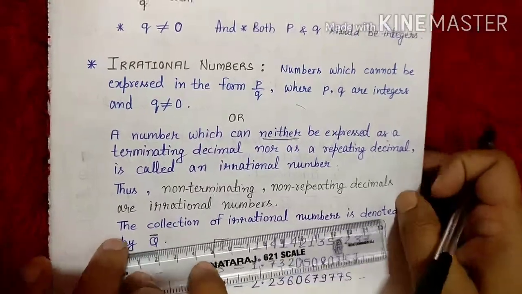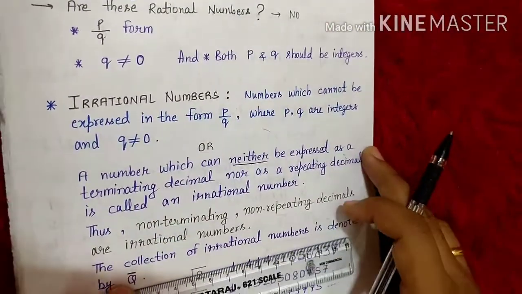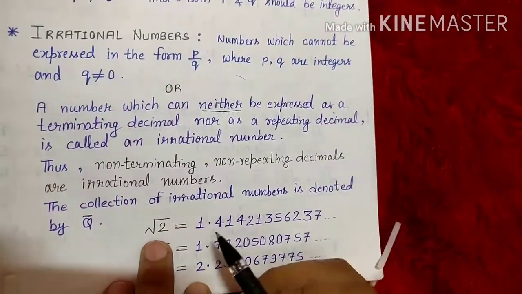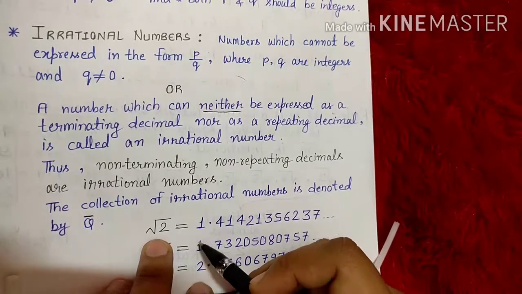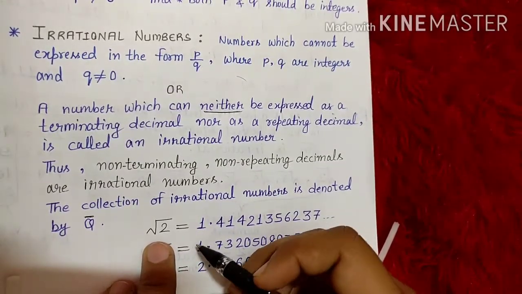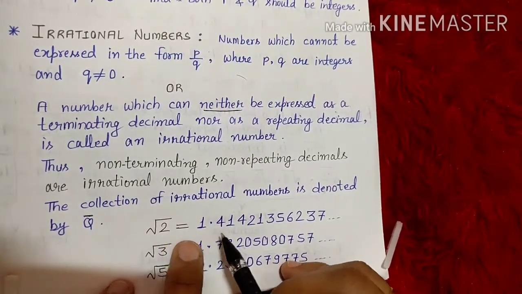Now see, we have given the examples root 2, root 3, root 5, root 7. How can we say they are irrational? Just let me explain. For root 2, we find the square root using the long division method. In that way, if we find the square root of 2, it will come